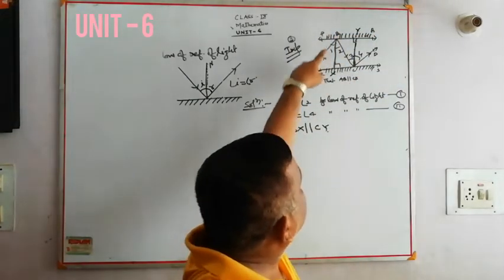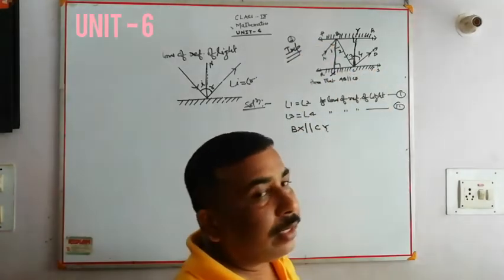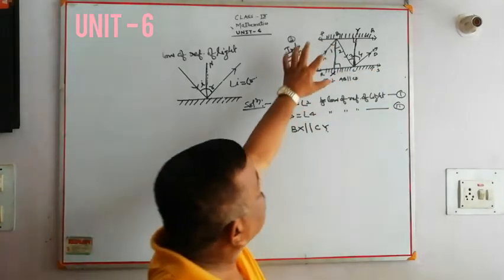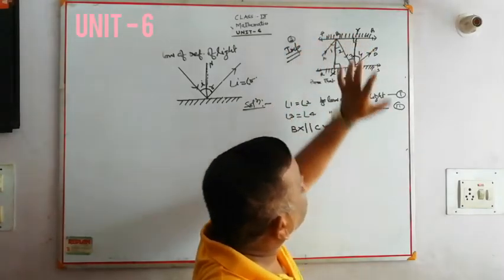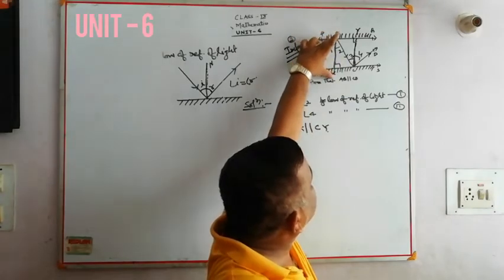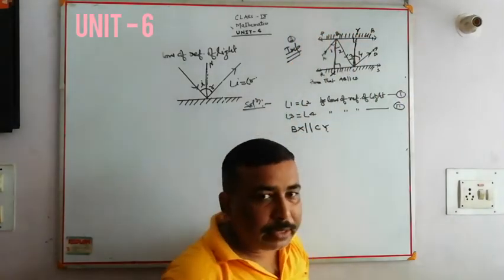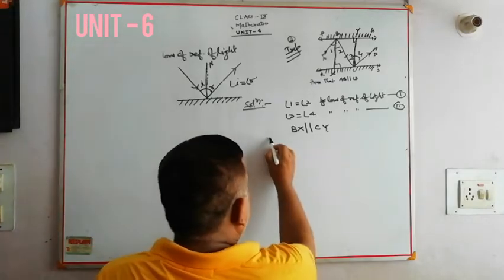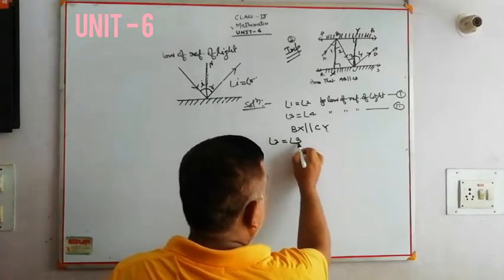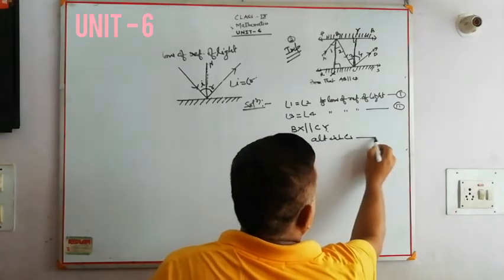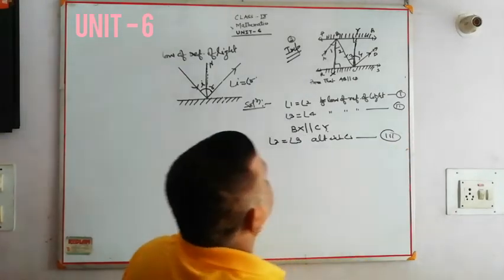Therefore, BC is the transversal line. Its meaning is: angle 2 is equal to angle 3. Angle 2 and angle 3 are equal. Therefore, you see that Bx and Cy are parallel lines. Why? Because these are alternate interior angles. You write angle 2 is equal to angle 3, alternate interior angles. That is equation number 3.